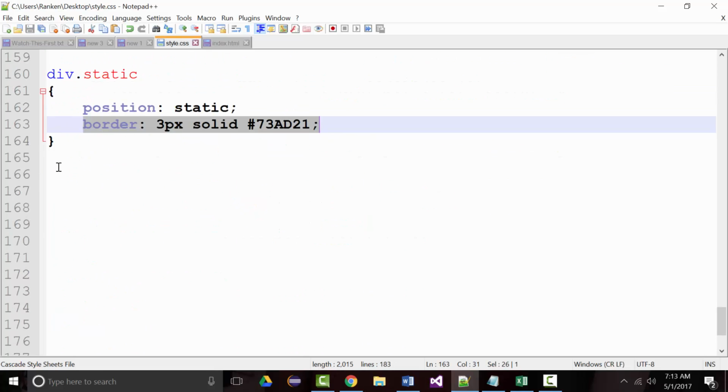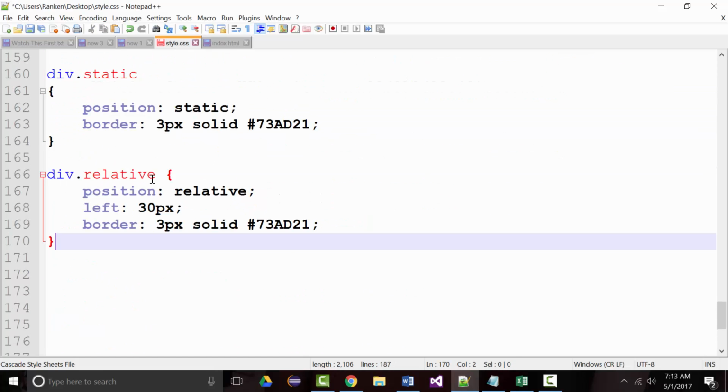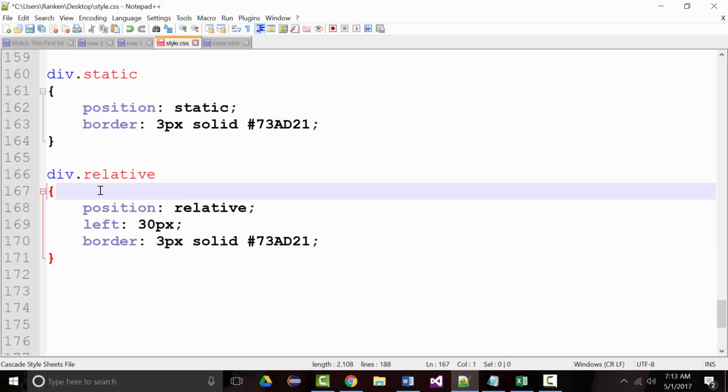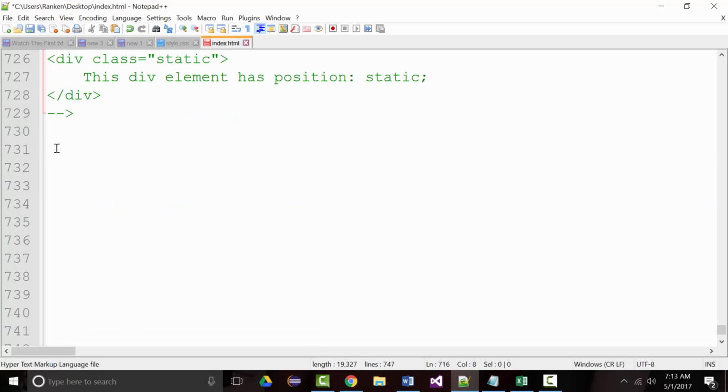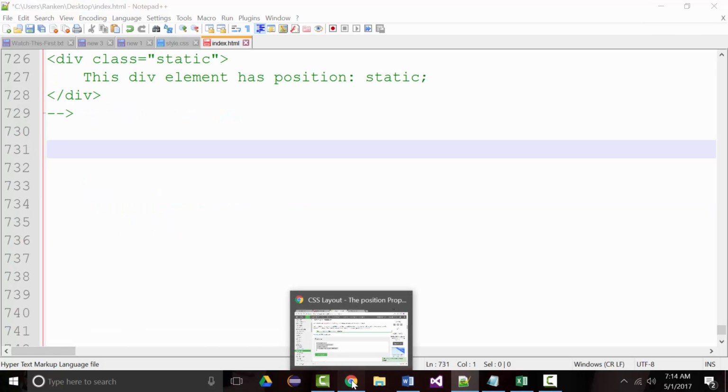All right, so we have the div static. Let's add now a div relative. So notice the difference. Position relative, we are putting a 30 pixel left on it, and we're putting a border which is the same color as the last one that we had. Let's make sure we save this time. Now go back into our HTML file,